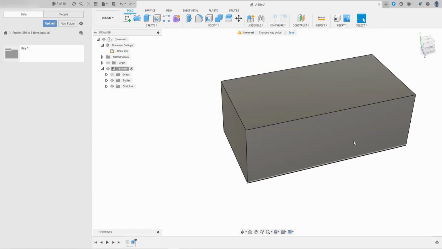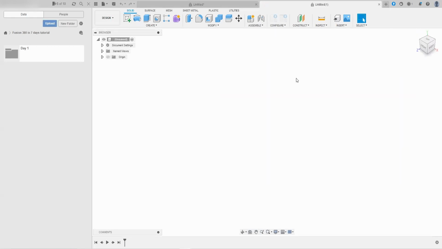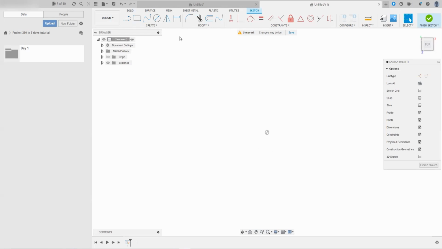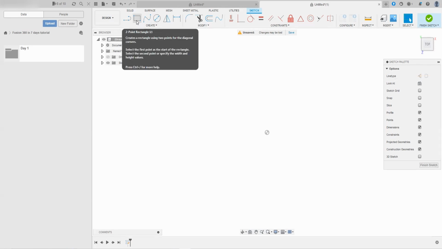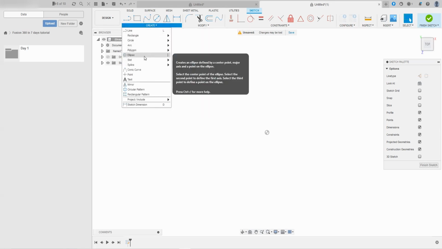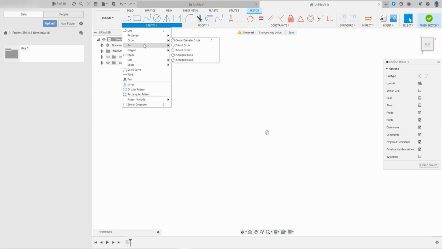Now, let's go back to the sketching menu on a new environment. Press on the sketching icon and choose the plane you want to sketch on. Now, if you notice in the Create section of the sketching toolbar, right beside the line command, there seems to be a square or rectangle command, and there is. Actually, if you left-click on the Create drop-down menu, it will show you a whole bunch of different commands for creating common 2D shapes, such as rectangles, circles, and polygons, and a whole bunch of different ways that we can